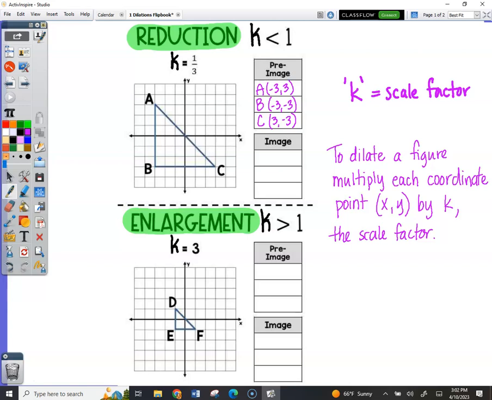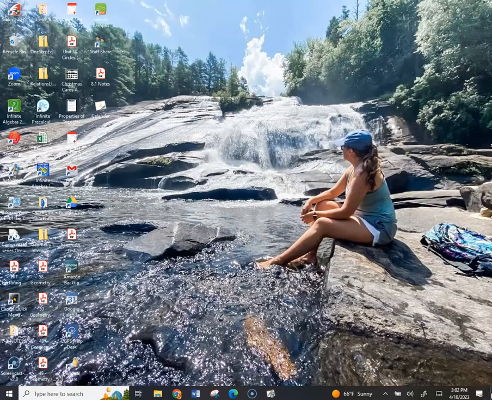Okay, so we have the pre-image, triangle ABC. We're going to dilate it to create A prime, B prime, C prime. This is where you get your calculator, and you're going to multiply the X and the Y's by 1/3. So look at A. We're going to do -3 times 1/3. You know how to type that in, by the way? Yeah. So you'll type -3 times